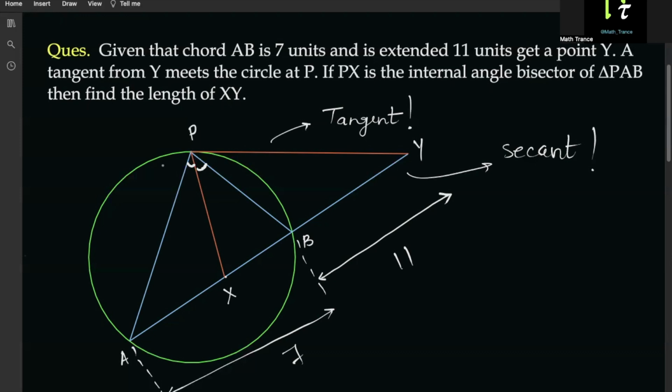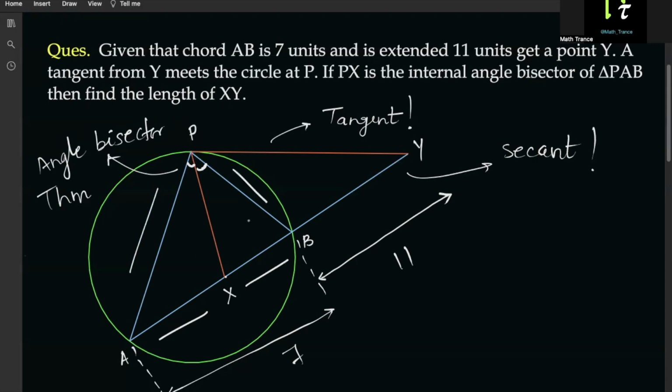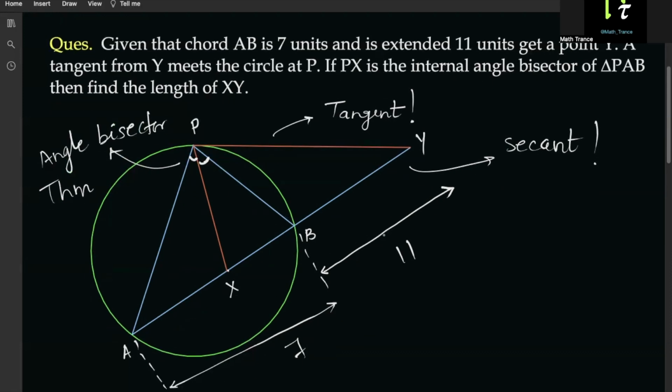Okay. Some people might think of the angle bisector theorem, if you remember, it says that this ratio is the same as this ratio. So some people might think that the angle bisector theorem could be used. But I have not gone through that way. I think it would be very, very tedious. But see,